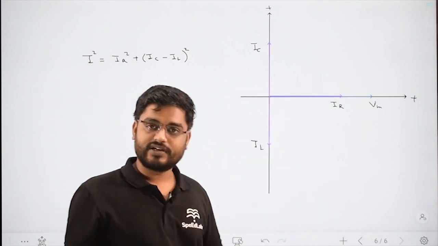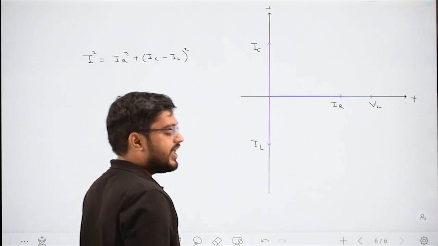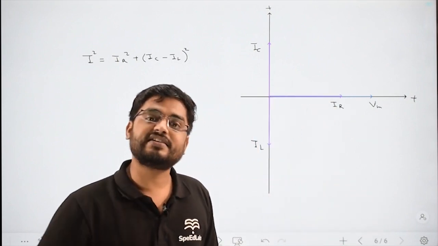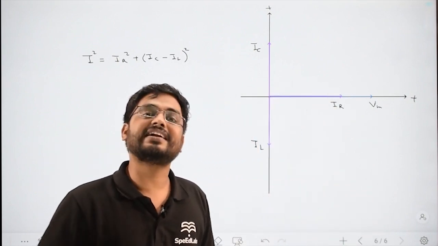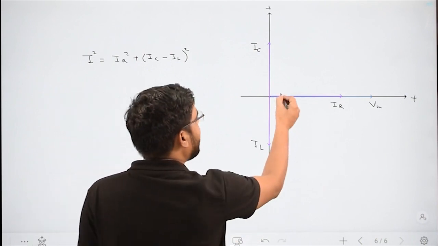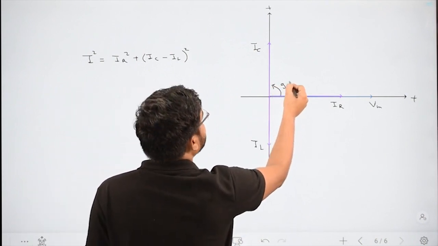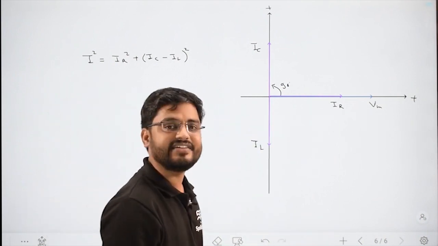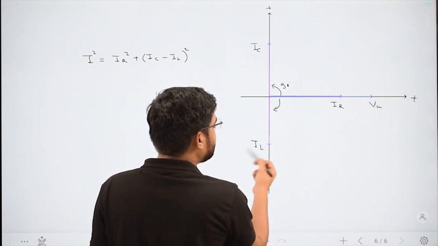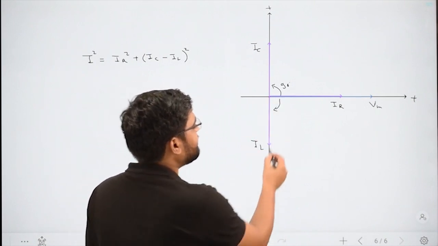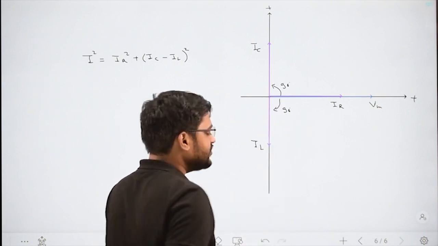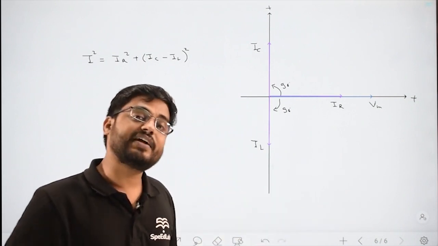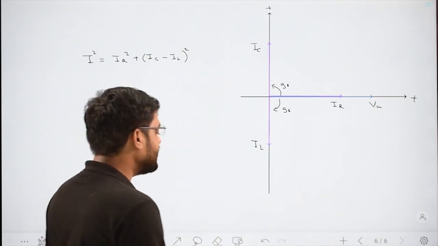The current in the resistor is IR, and the current in the capacitor is leading, or we say voltage in a capacitor lags. Voltage lags means current leads, so the current has to be at an angle of positive 90 degrees. That's the current in the capacitor, IC. Similarly, the current in the inductor lags by 90 degrees, and it is here. I just need to add all three currents, but we can't call it vector addition; it is phasor addition. So just do the phasor addition of all three.